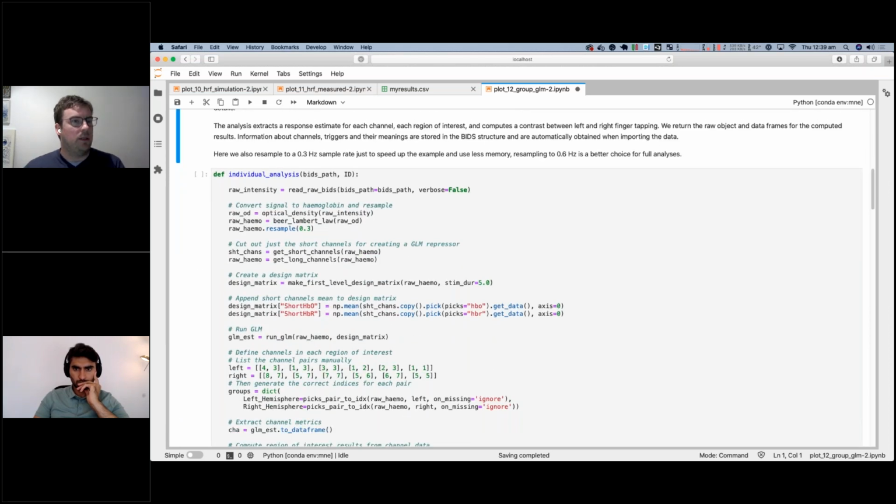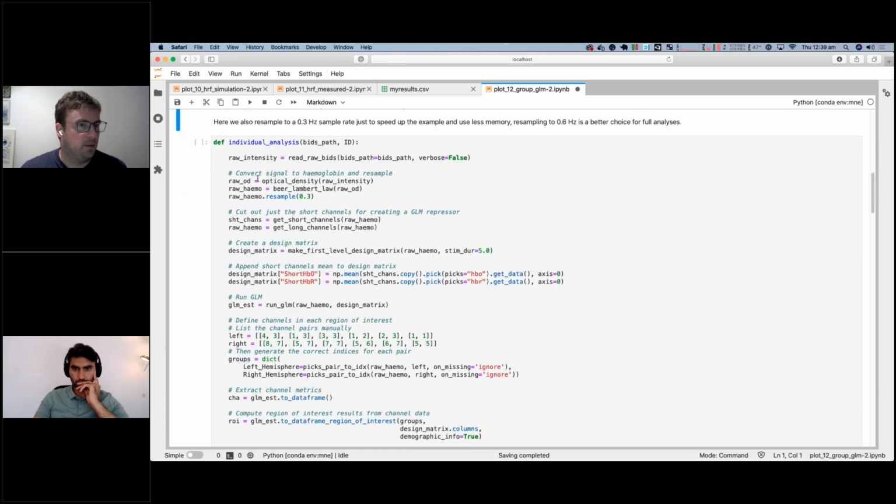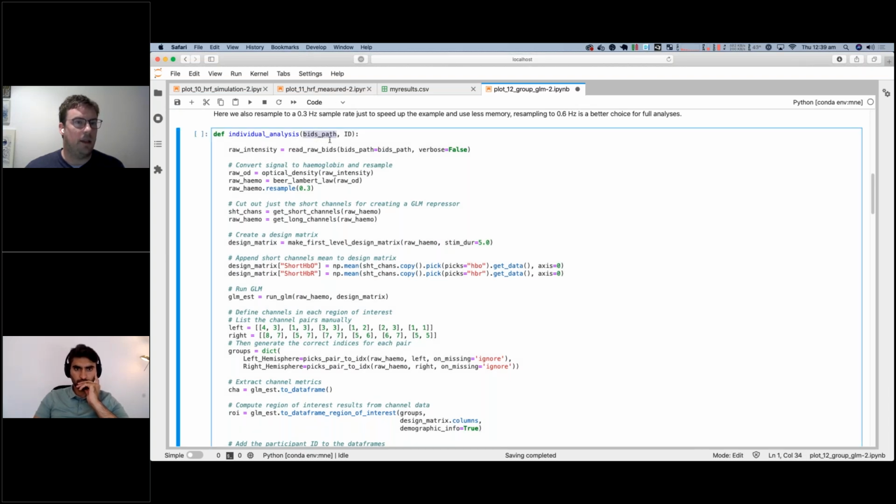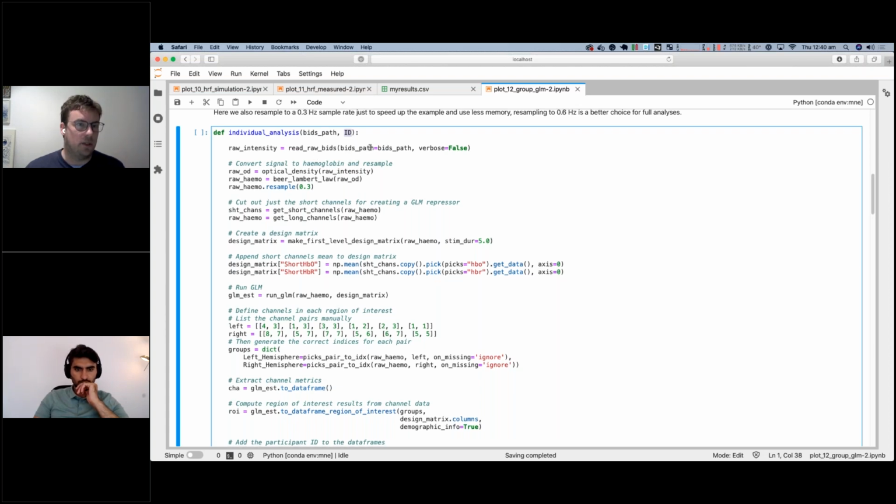What we do is we define an analysis pipeline which we're going to apply to each person. So what I've done here is I've created a function called individual analysis, which will take in the path to the data and the ID of the person. I just call them 1 through 5 because we've got 5 people here. And it's going to be the same analysis that we just had in the individual level